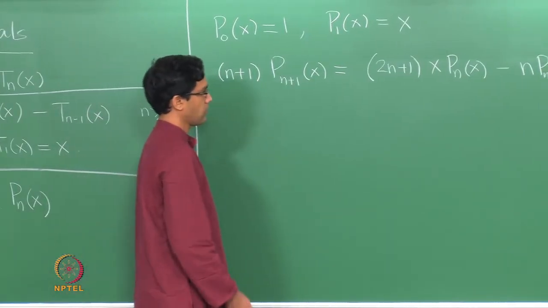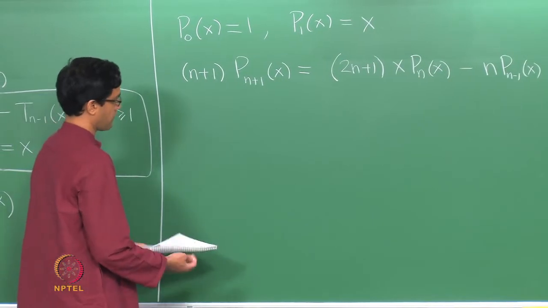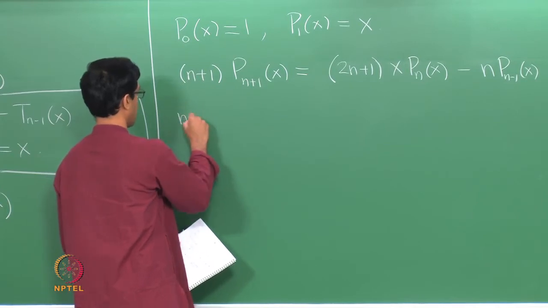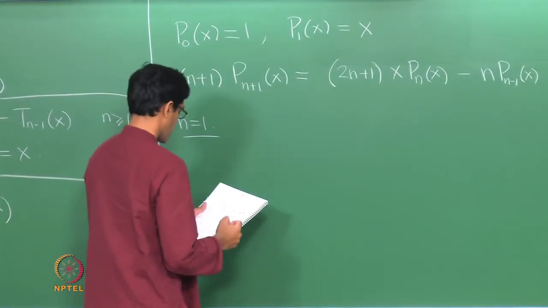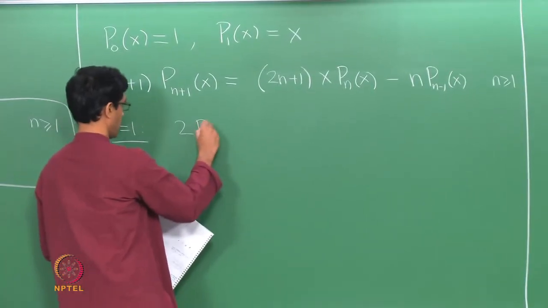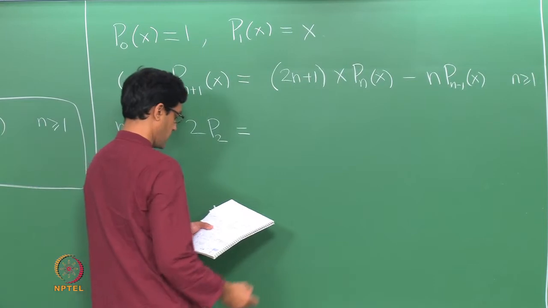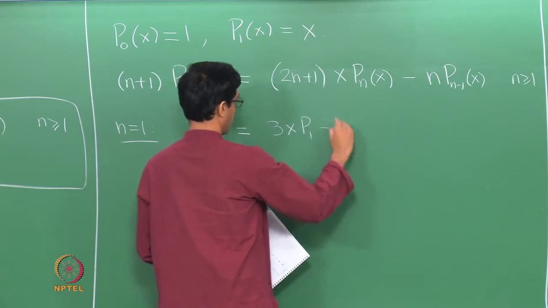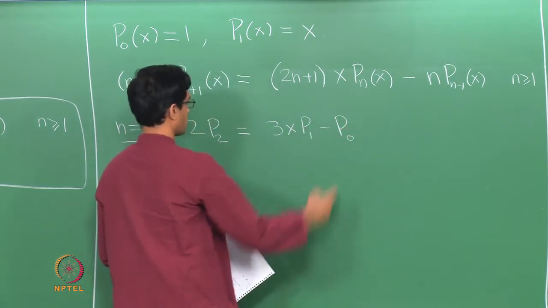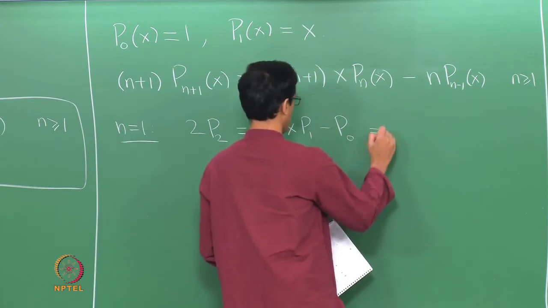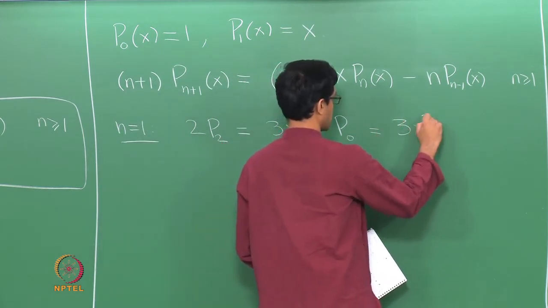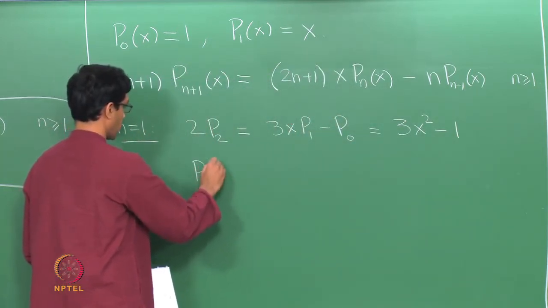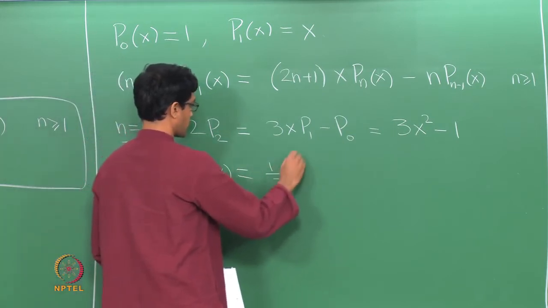Okay. So, now let us just compute the first few of these to get a feel for what they look like. We already know P0 and P1, so let us put n equals 1 here. If you put n equals 1, the equation becomes 2 P2 is 3x P1 minus P0. I will just suppress the x in the polynomial. The right hand side: P1 is x and P0 is 1. So, it is 3x squared minus 1. There is a 2 here. So, we conclude P2 of x is just half of 3x squared minus 1.